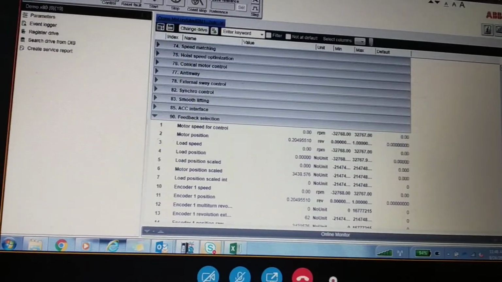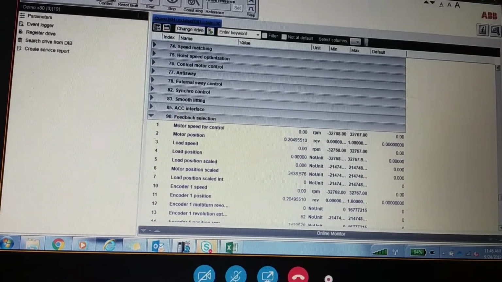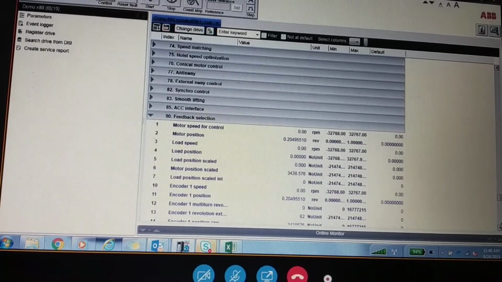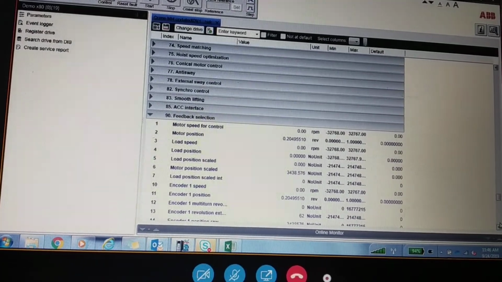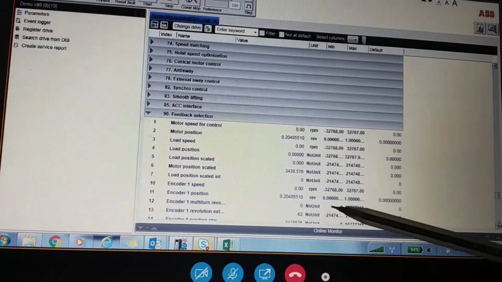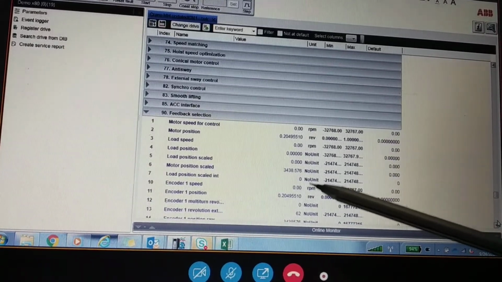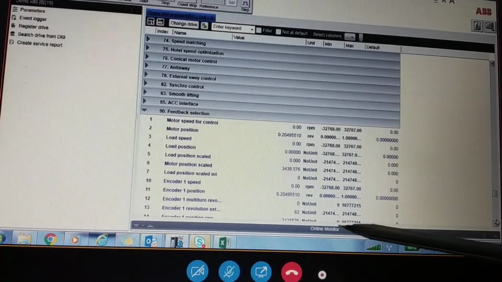Then hardware configuration, this is important. Supply voltage, not given, you have to select 380 to 415 volt if you are using a 3 drive or 5 drive accordingly, or 7 is a rare case, but you can change it. Then control board supply, you can check if the customer is giving an external 24 volt supply, because somebody is using 880 or a high-end application, definitely they will give this external 24 volt. So from internal you can change it to external if available. Then system language, it will be English by default, no issues.